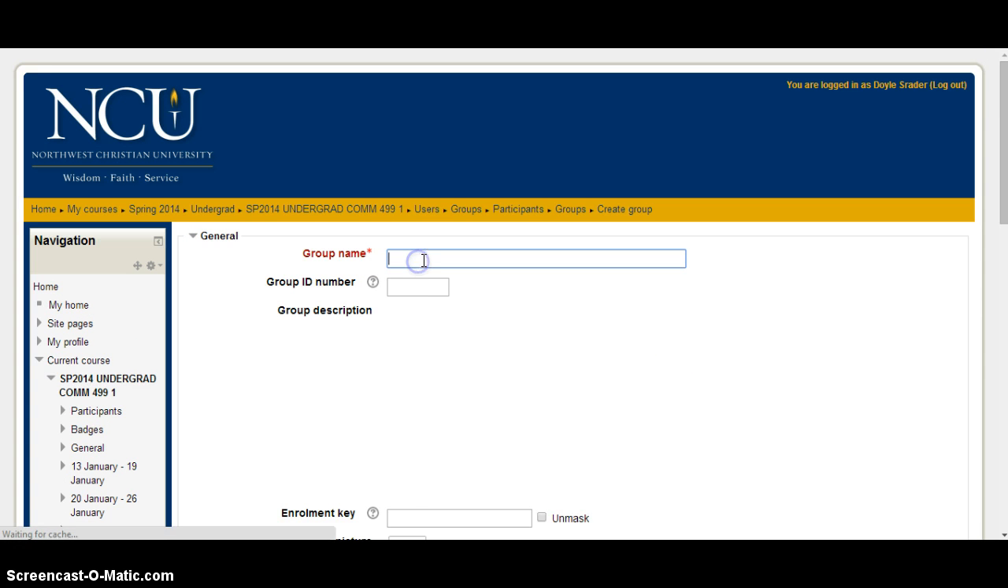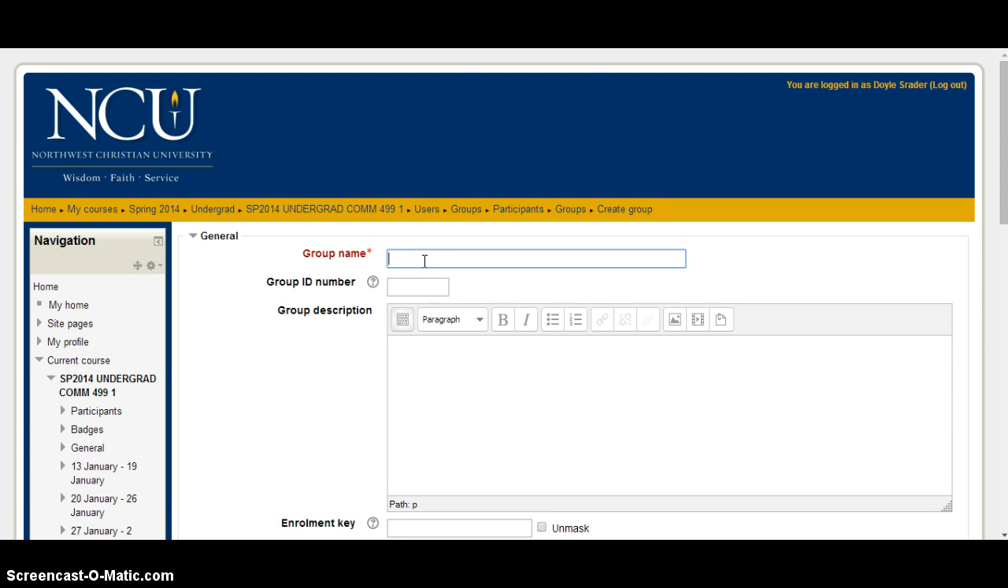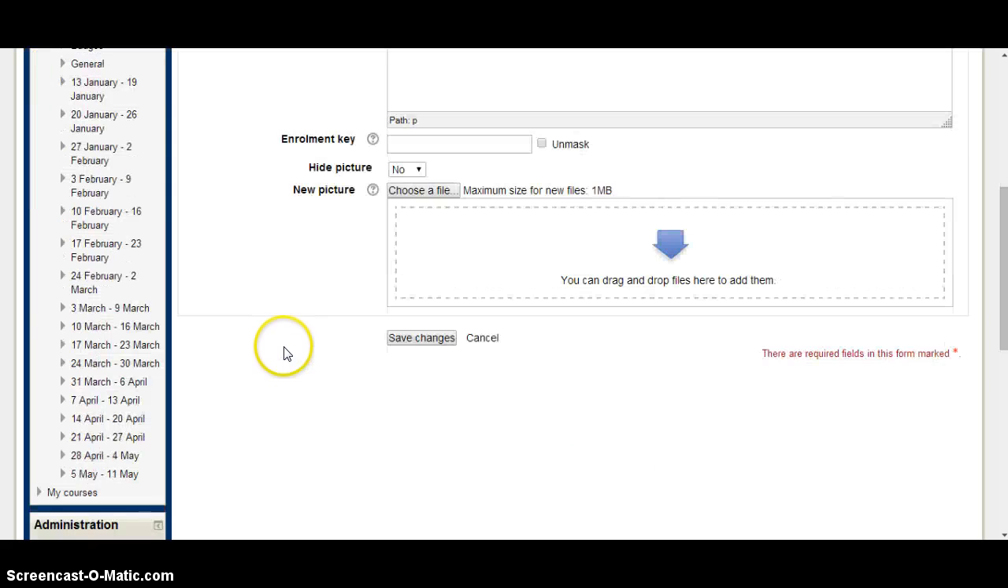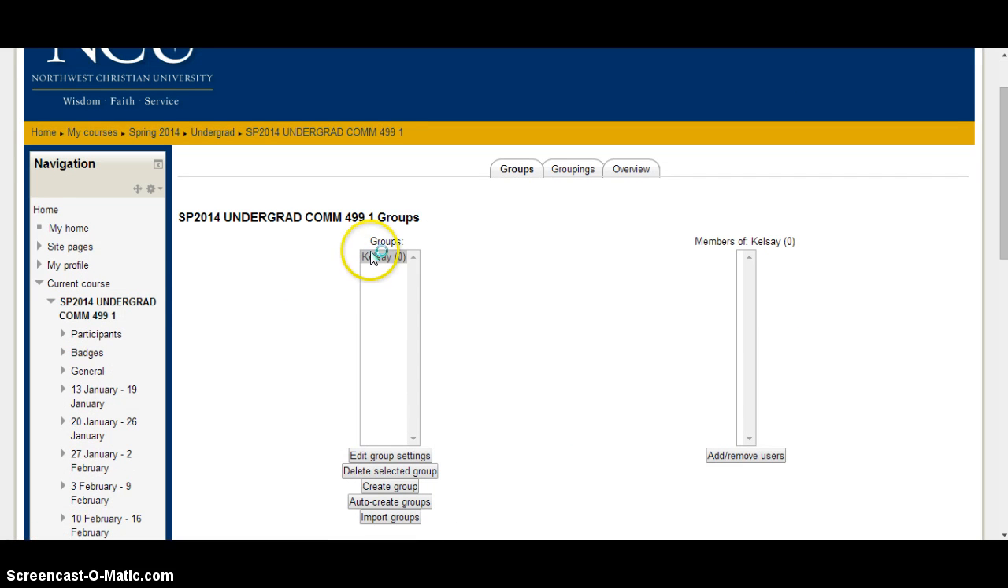Now in this case, I only have one student who needs this accommodation, so the simplest thing for me to do is to name the group Kelsey. If you had several students, you could give it a different name. You could call it extended time, or you could call it accommodation. The students will never see the name of the group. You are the only one who sees the name of the group, so name it something that helps you stay organized. Then down here you come to Save Changes,